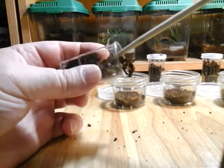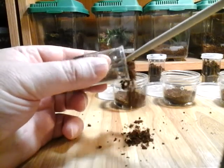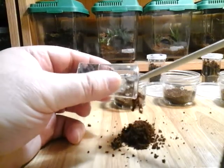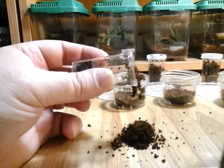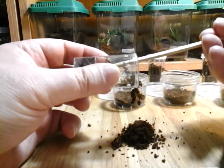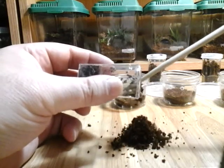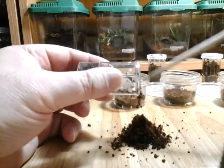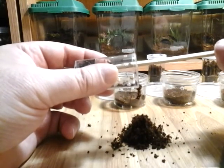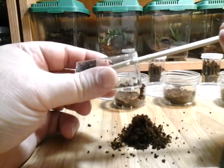He was crawling up the hole. Kind of poked him back down the hole and used the hole to pull out the dirt from the side. Just kind of put it in and pushed it out. I'm just going to do the same thing because I know where he is. You have to be very careful when you're doing this kind of stuff. You can very easily squash your tarantula, and I've already done so once